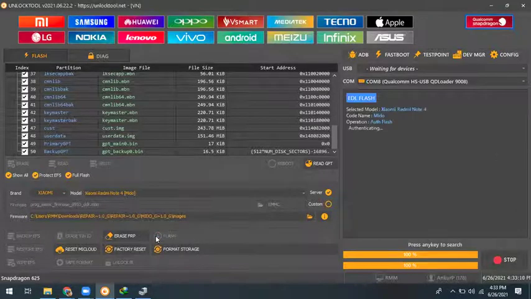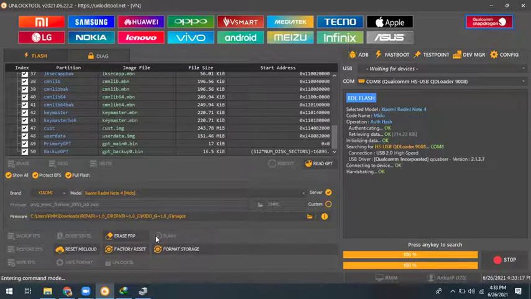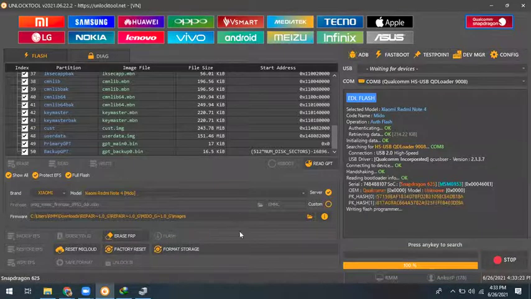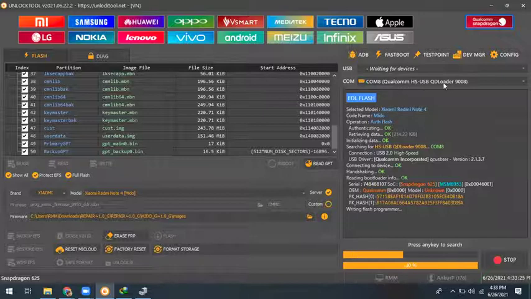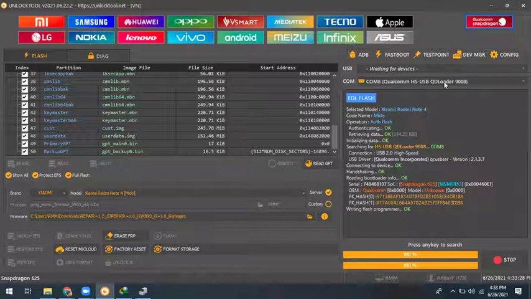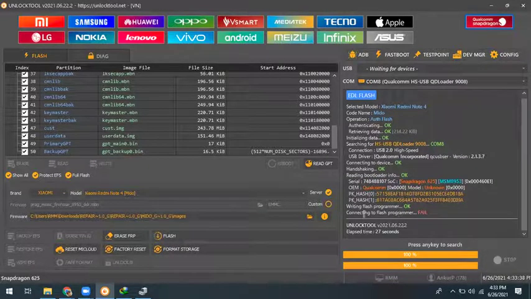It will automatically lift it from the PC port. You have got the port also here. Got it? It will leave the port while it fails the programmer file.